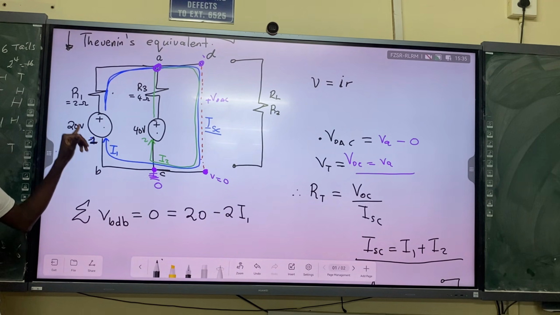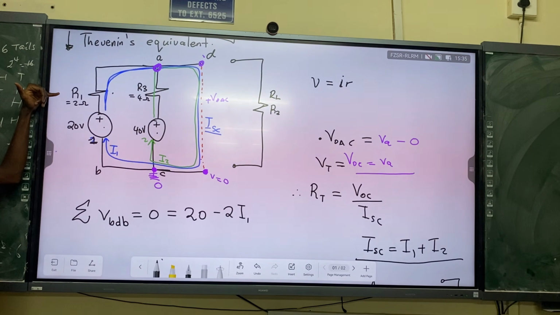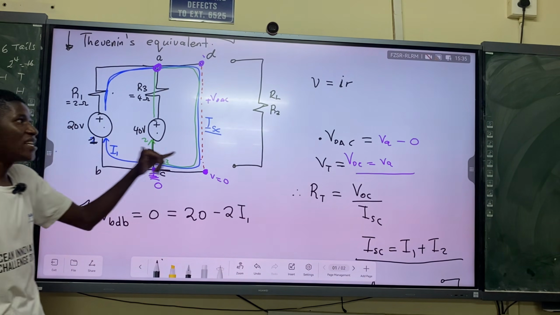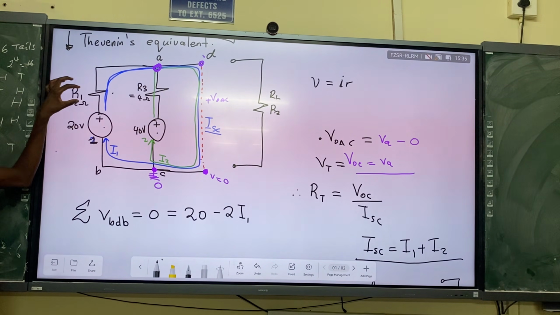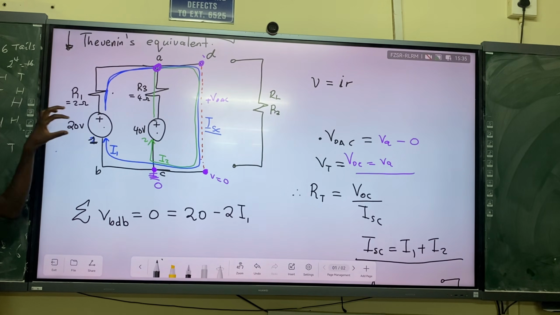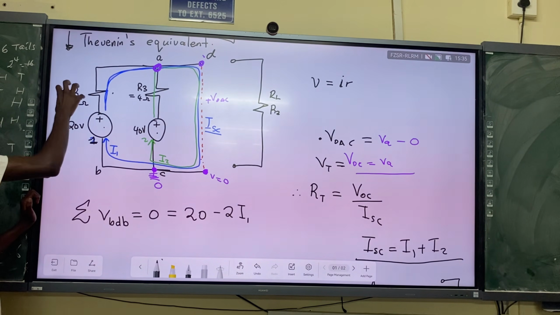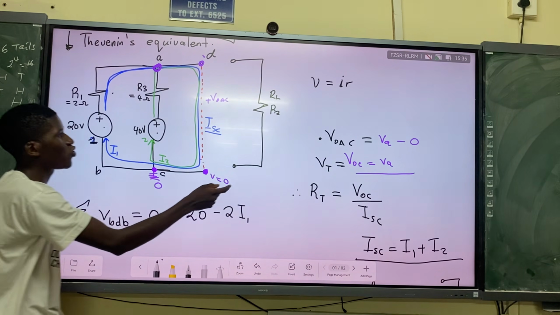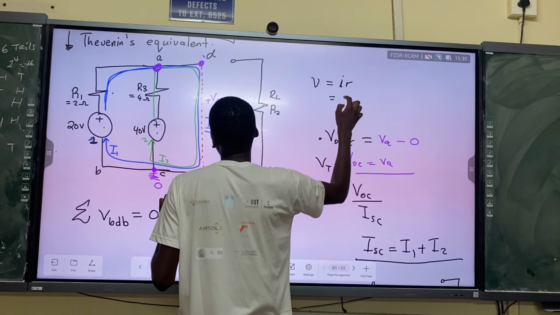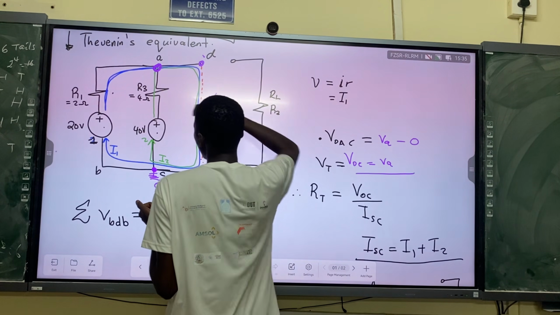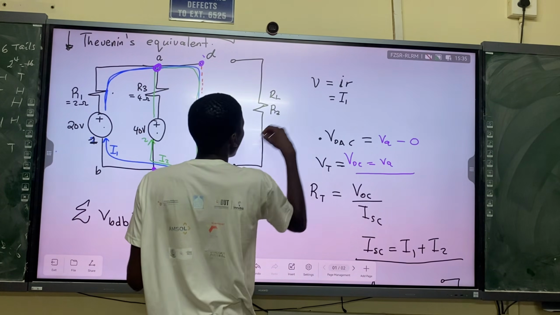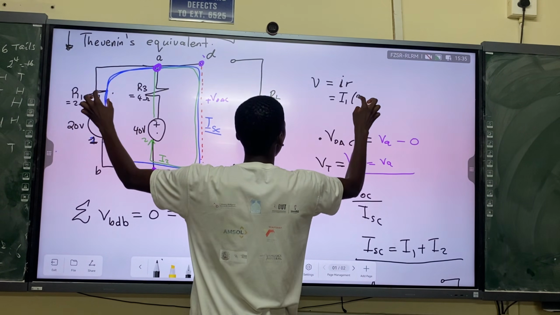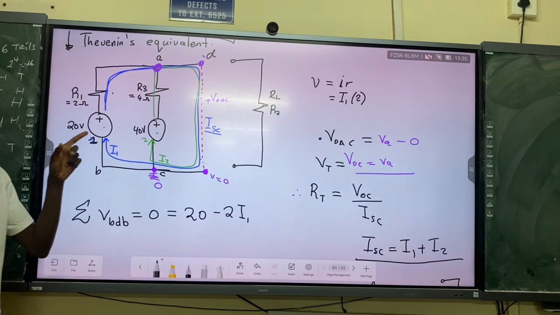So you multiply the current through resistor 1 and the resistance of resistor 1, and you find the voltage across resistor 1. In other words, the voltage across resistor R1 is going to be minus 2I, because if you substitute I, it's just I1, the current through R1. And then your resistance is 2, so this is 2 times I1.